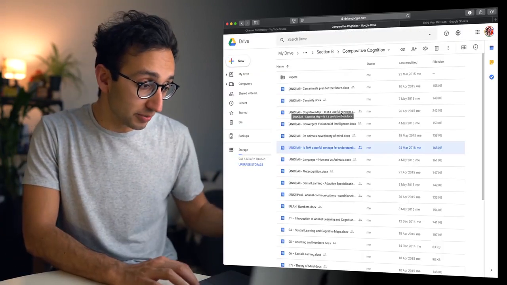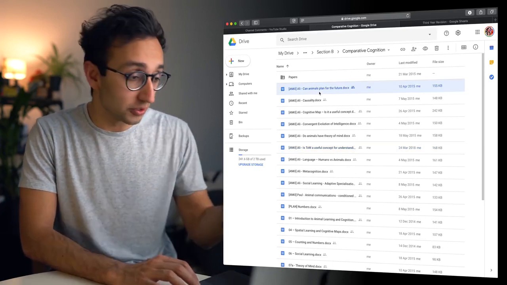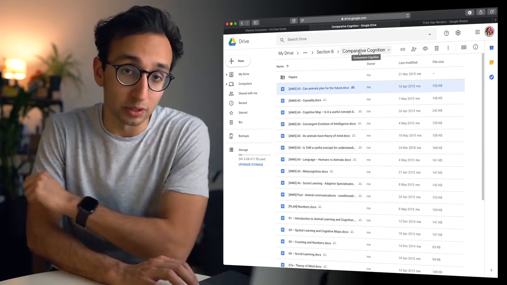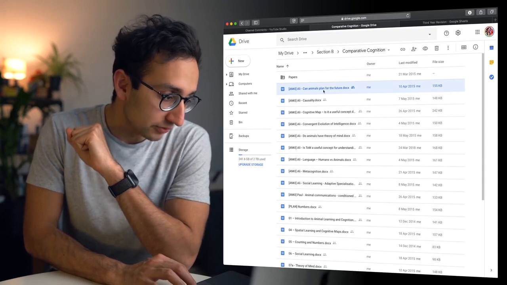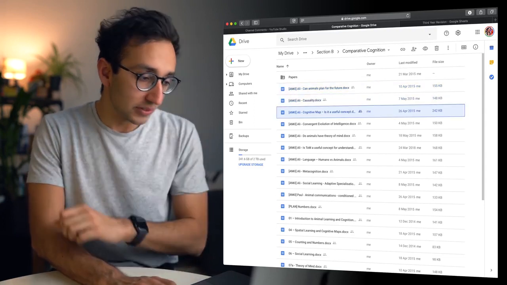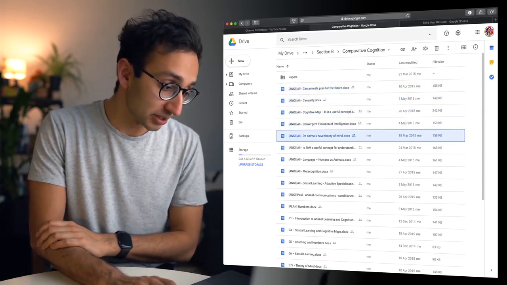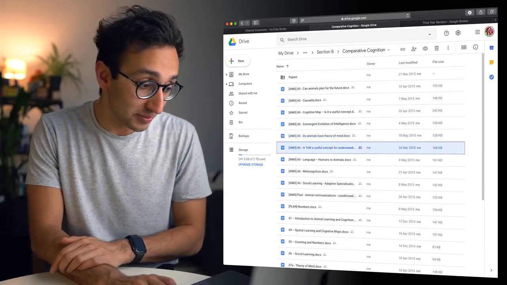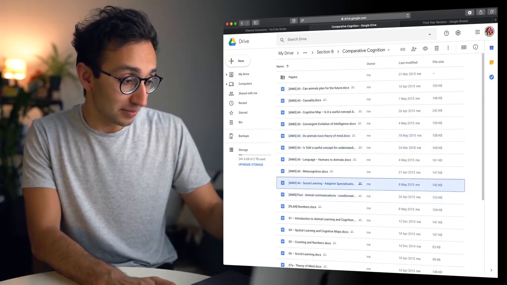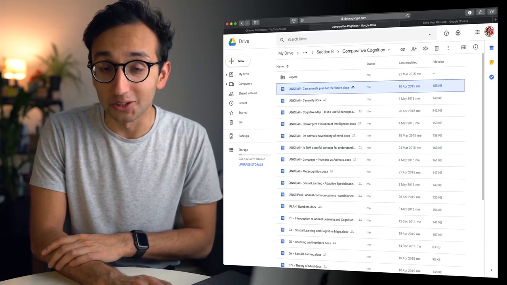And as you can see over here, I've pretty much done this for everything within my subject. So this is section B, comparative cognition, which is all about the thinking of animals. Can animals plan for the future? Causality, cognitive maps. The convergent evolution theory of intelligence. Do animals have a theory of mind? Is a theory of mind a useful concept? And you can see here, I've written Anki beside them, which is a foreshadowing as to what's going to come